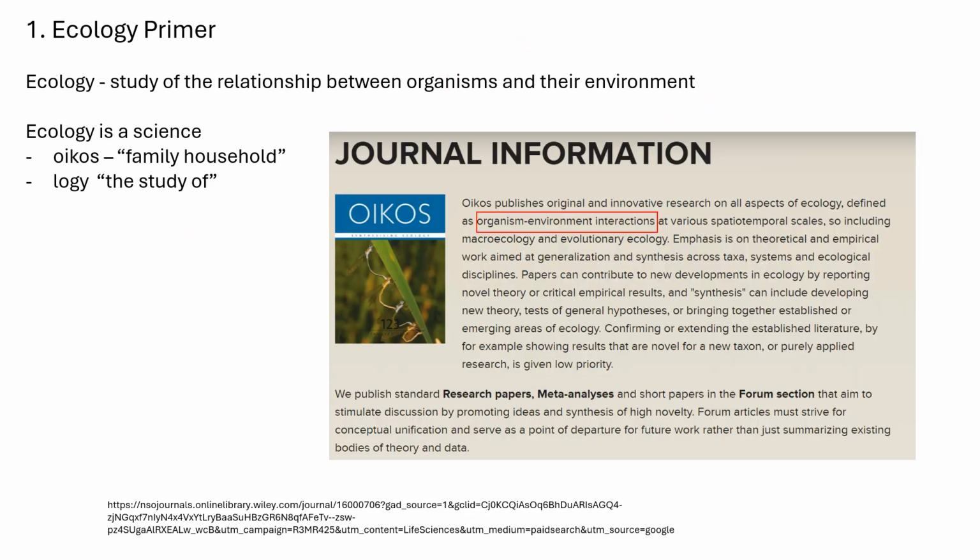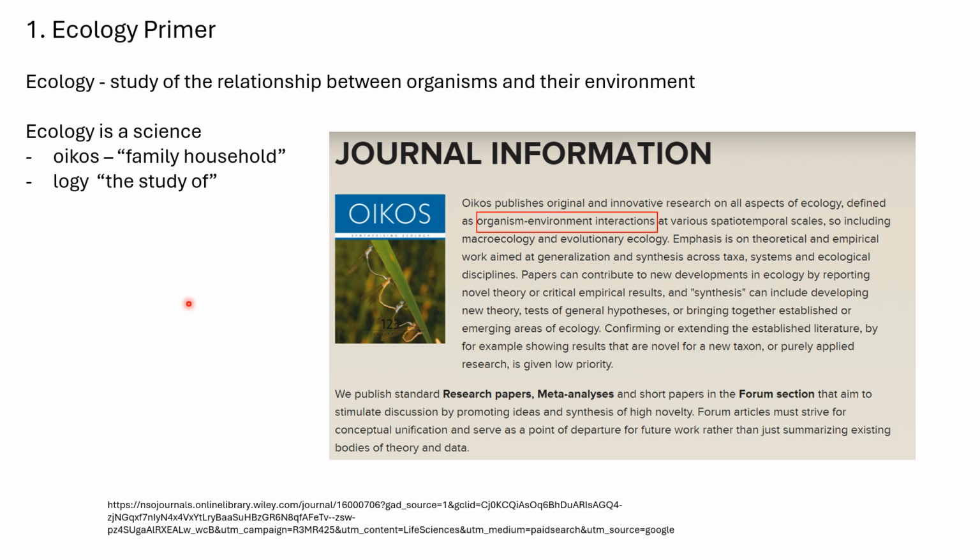We also see this word Oikos, not just as a brand of yogurt, but as the title of a journal that's related to ecology. This is a very famous and powerful journal. We can take a look at the rankings of different journals. They give them rankings in terms of their content. So if you're doing your annotated bibliography in preparation for your research proposal, maybe you'll find some articles in the